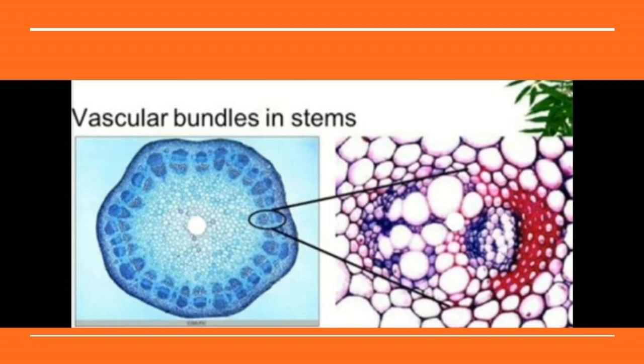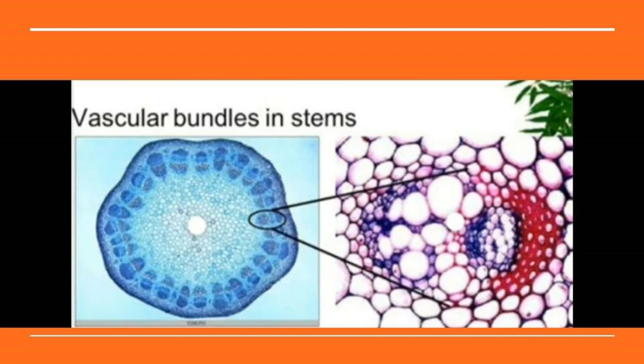The third one in the tissue system is vascular tissue. It consists of bundles. The bundle is called a vascular bundle. Three types of vascular bundles are there. First one is radial, second one is conjoint, and third one is concentric. In this vascular tissue system also, xylem and phloem tissue are present. They are present in the form of bundles, so it is called a vascular bundle.